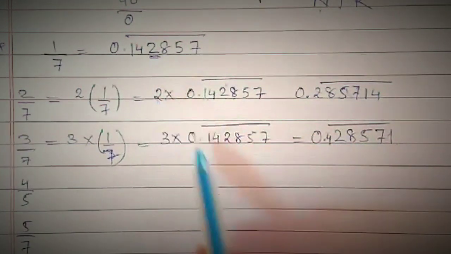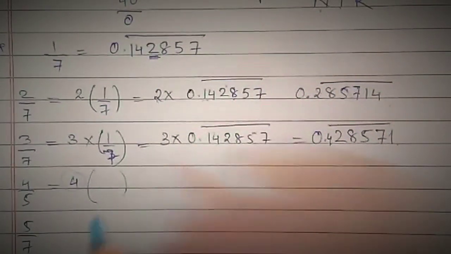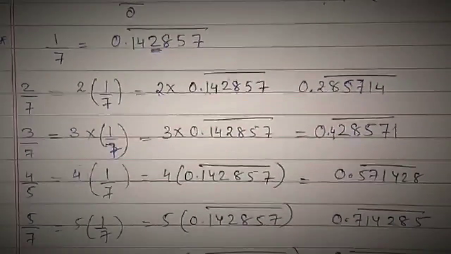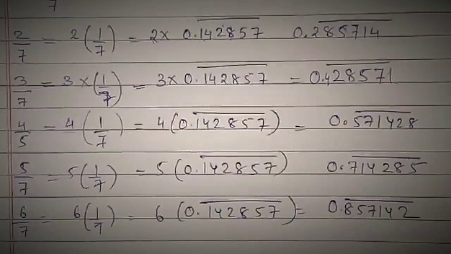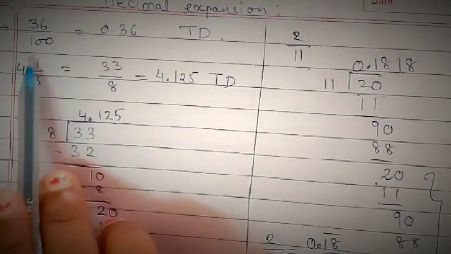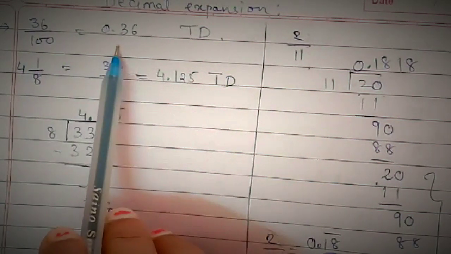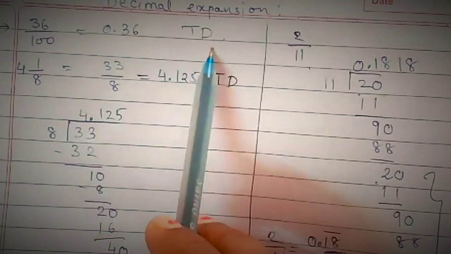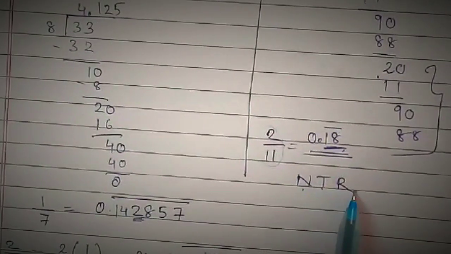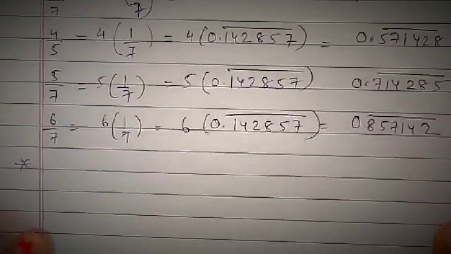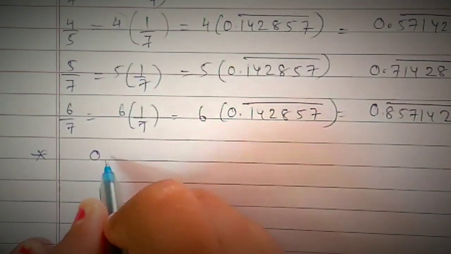Okay, so we can say that in this way, after multiplying it with the given number, we will be able to get the answer. So in this way I have multiplied and kept these answers. You can verify by multiplying. Now in the first question, the number was given in the form of P upon Q, and we obtained it in decimal form. Somewhere we were getting a terminating decimal and somewhere a non-terminating decimal. Now in the last question, the number is given in the form of a non-terminating but recurring decimal.